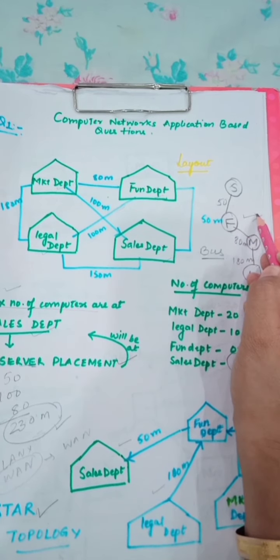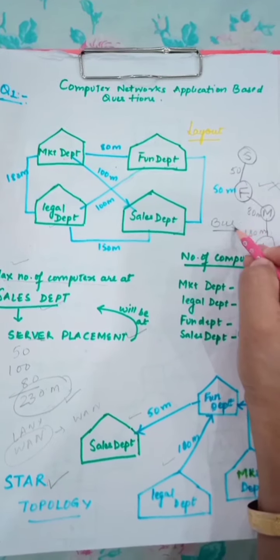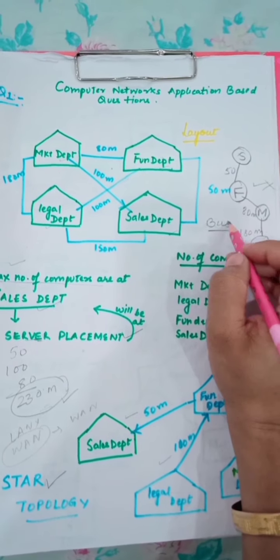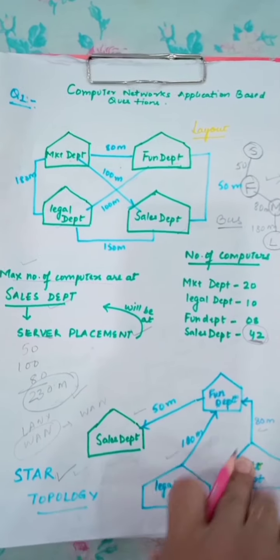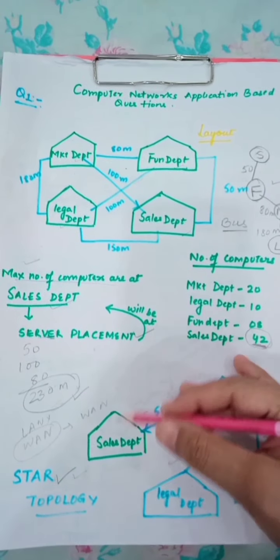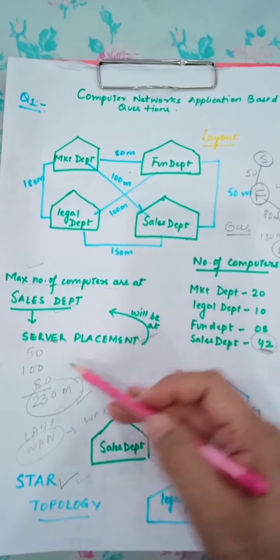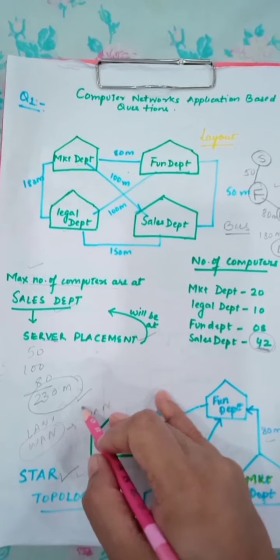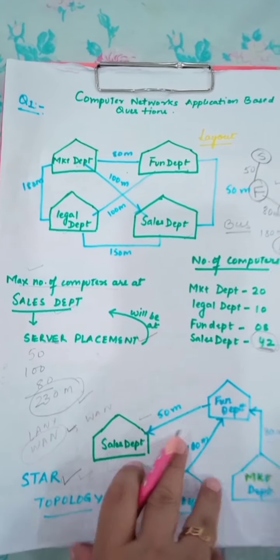Yes, we can arrange the stations in this bus topology. Bus topology will not be a cost effective one, so we will go with the star topology. If someone asks you what should be the type of the network in which these stations are attached, it will be WAN. So we will be discussing this thing. This is our first question.